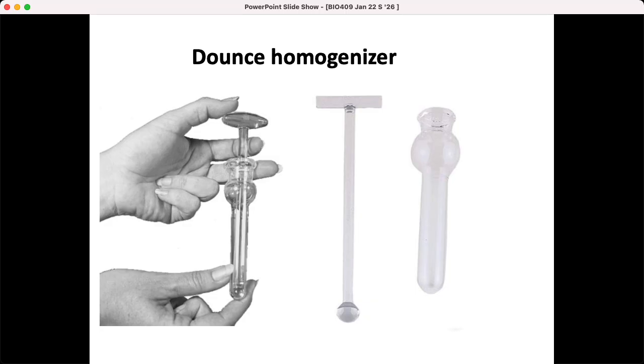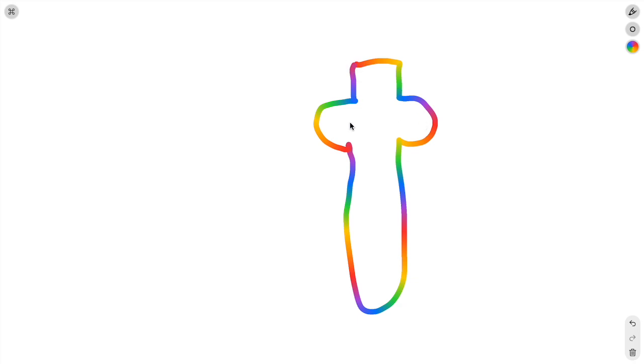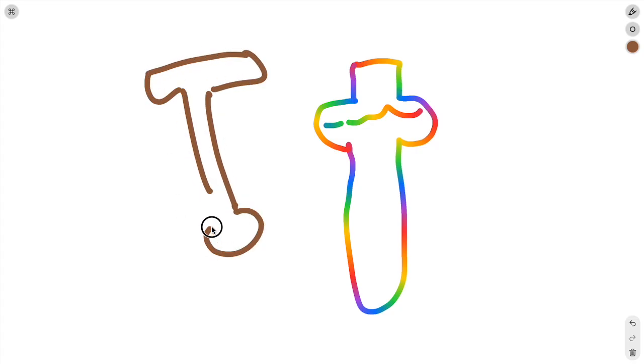And so I can skip over here, and I'll just draw what this looks like. So a Dounce homogenizer is two parts. And it's like a mortar and a pestle. They're glass, and they're clear glass, and what you would call the mortar looks like this. It just looks like a test tube with a bell shape up here, so it can hold a lot of liquid. Because what you're going to do is put the pestle in. The pestle looks like this with a little ball on the end, and you're just going to plunge it up and down with your hand, like that.